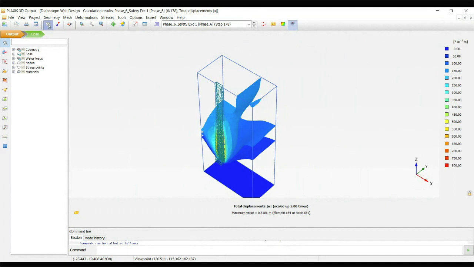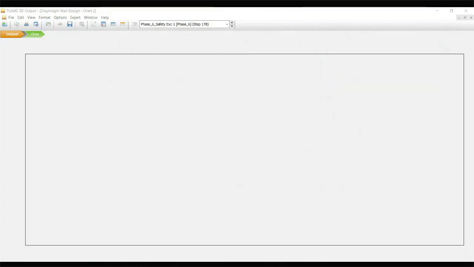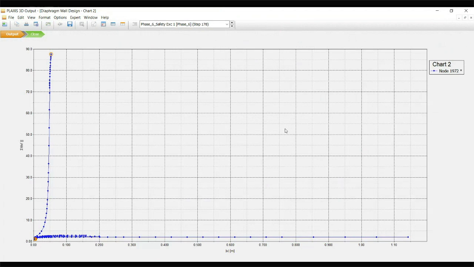If you select the curve manager, you can select new. It will pop up a new window. Which point you want to check the plot curve for, you can select. In the x-axis, you can choose the displacement. In the y-axis, you need to choose the multiplier, that is sigma MSF, the multiplier for the factor of safety. Select OK. Now it plots all the stages, but we need one particular stage.